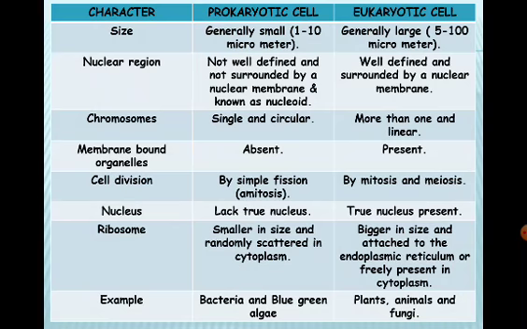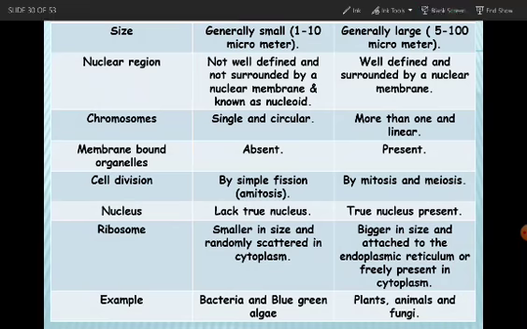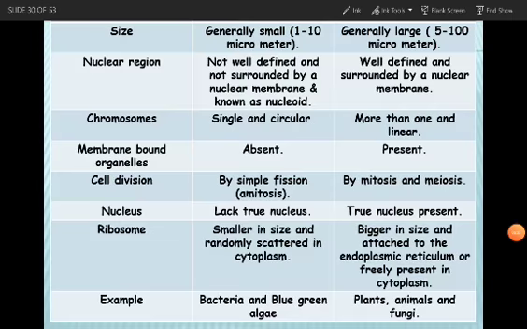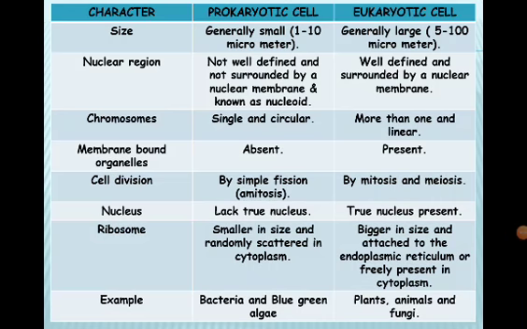In prokaryotic, one word is coming, that is called karyon. Karyon means nucleus. Those cells which have a primitive type of nucleus are called prokaryotic cells, and those cells which have the true nucleus are called eukaryotic cells. So what is that true nucleus? A true nucleus contains a nuclear membrane, and those without a nuclear membrane have a primitive nucleus.